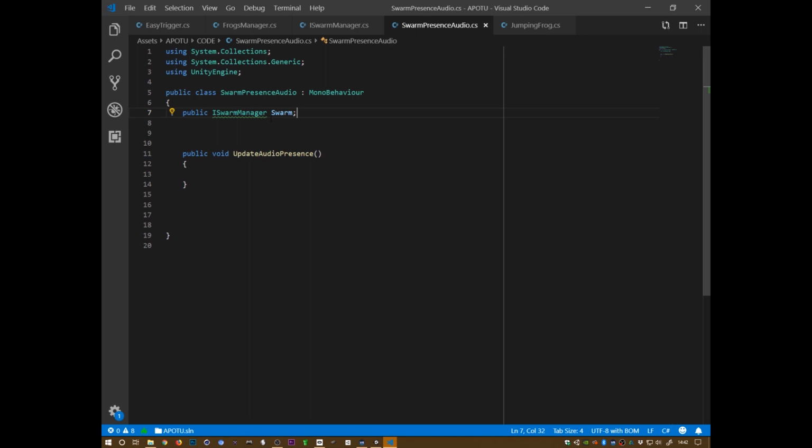There we can fill in a frogs manager, and we can call on int count equals swarm dot get... was it get estimate something? Now I don't remember what I called the function. Let's see. Estimate swarm count. So that's how